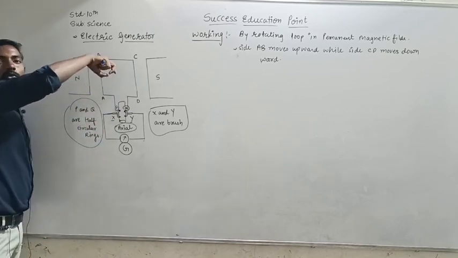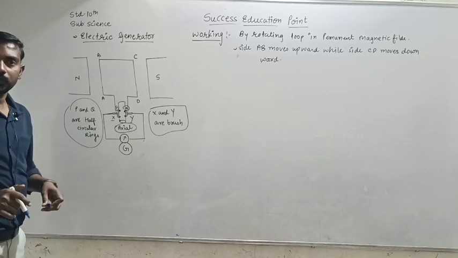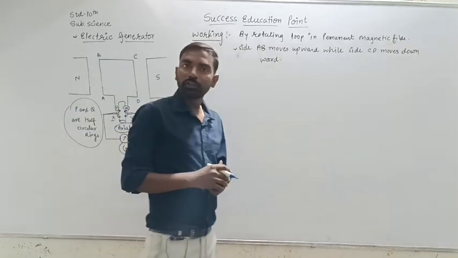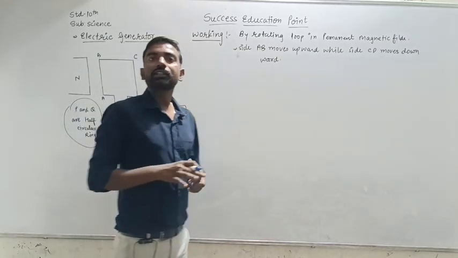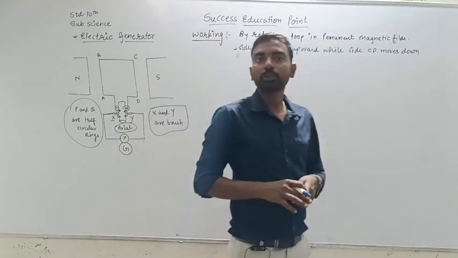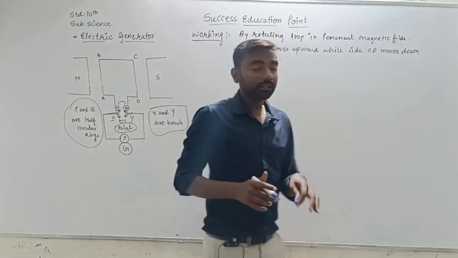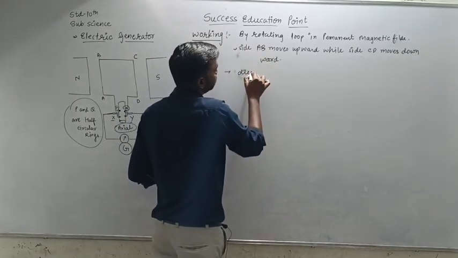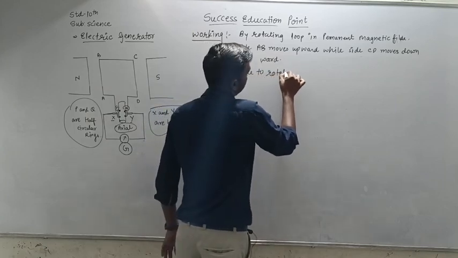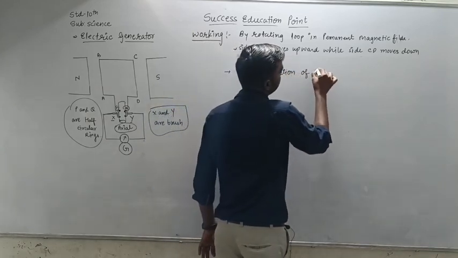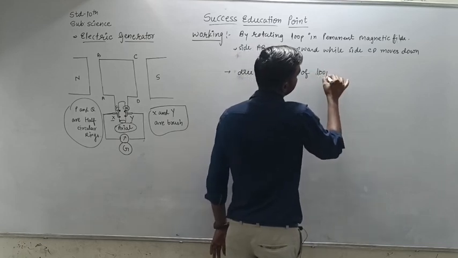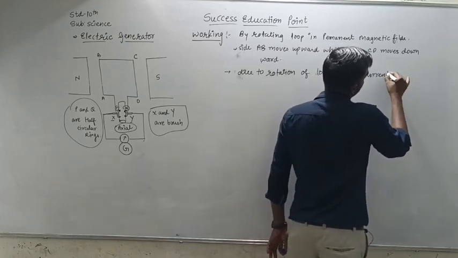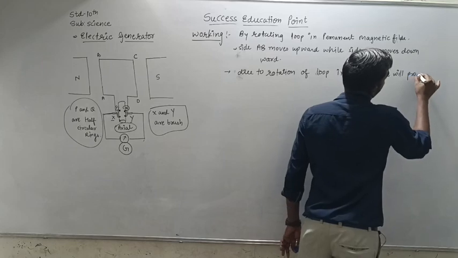That side will go upward while the CD side is going to go downward. Is it easy? When the object rotates between the magnetic field, there will definitely be induced current produced according to electromagnetic induction. By rotating the object, you should write: due to rotation of the object, loop induced current will produce,